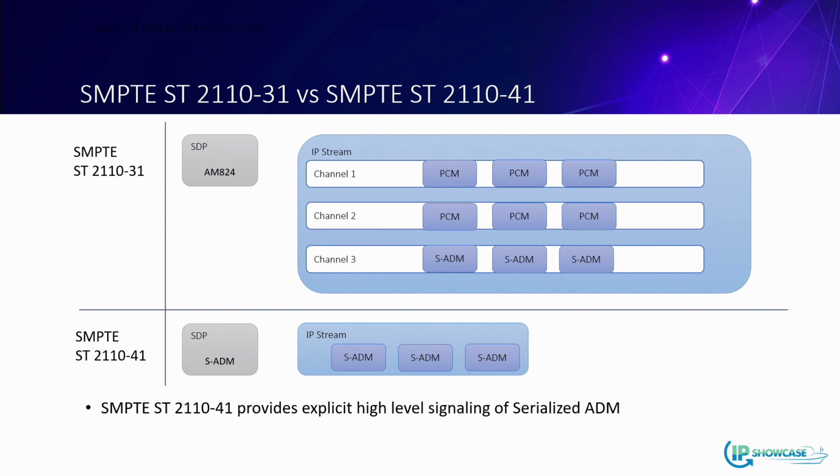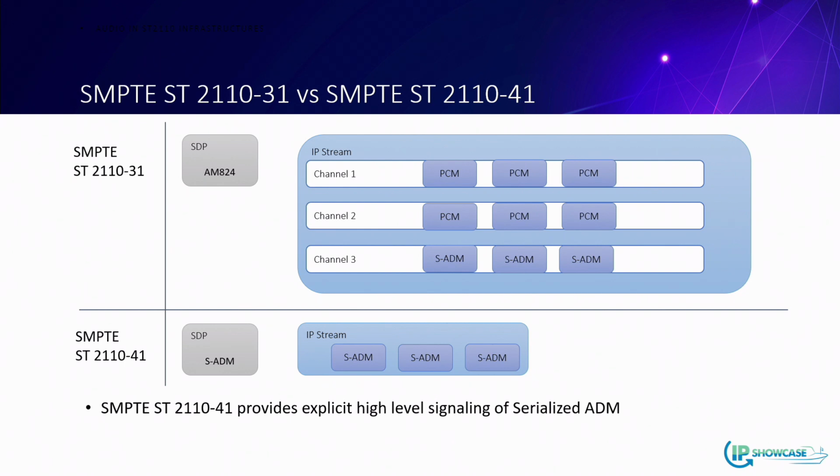So given that we can put it in SDI and AES3, one way to put it on IP would be to use transparent AES3 in SMPTE 2110, i.e. 2110-31. So why not do that? Well, there are two reasons. One is, then you're putting the metadata in the audio channels and you need all that bitstream detection and all the logic around that. It's a pain. I've seen services go down because of this stuff, getting it right. It actually looks trivial, but it's not easy to get right on a 24/7 basis.